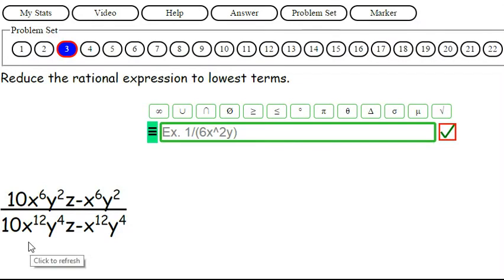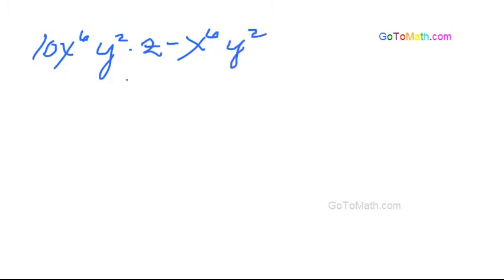Alright, so I got this, hopefully you're all written down right. 10x to the 6th y squared z minus x to the 6th y squared. I'm just making sure I wrote it down all right. Okay, got it? Alright, good. Alright, so we have 10x to the 6th y squared z minus x to the 6th y squared. It's all over